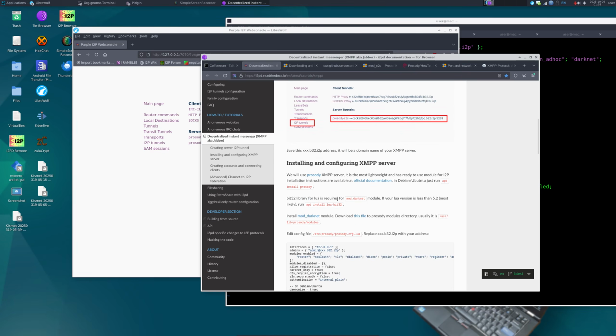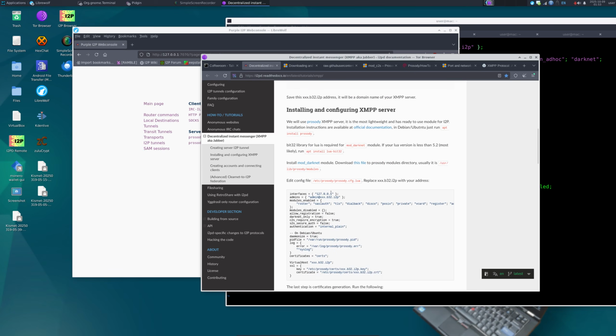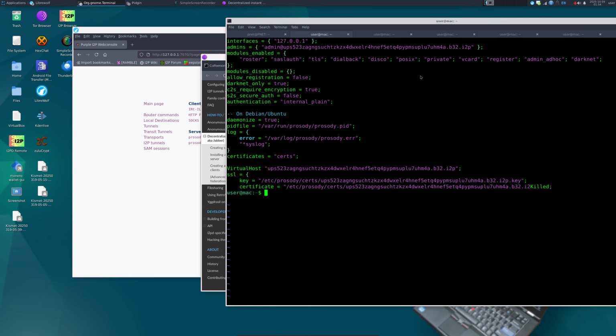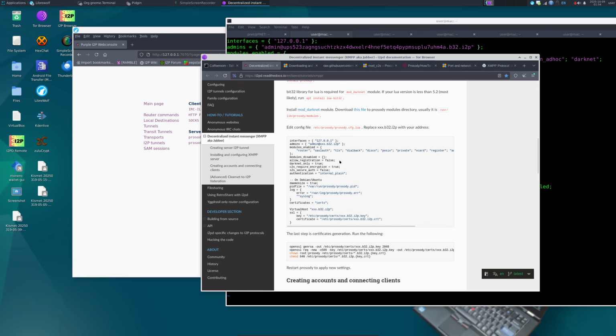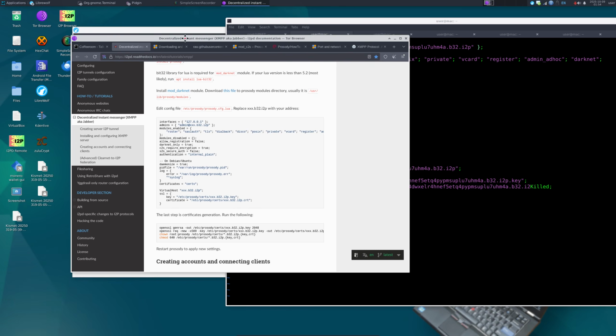Next, what we need to do is install the XMPP server. I did that with a very simple command, apt install prosody. So apt install prosody. If you're on a Debian-based system, you'll need to add sudo to this if you're not at a root shell. Next, what do you do after that? Well, what I did was, after I installed prosody, which is the XMPP server itself, what you'll need to do next,